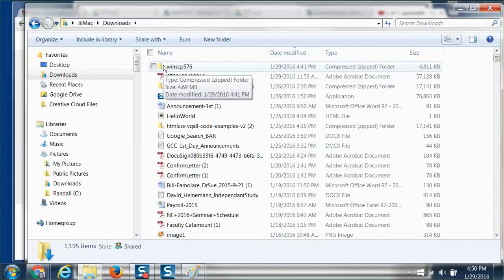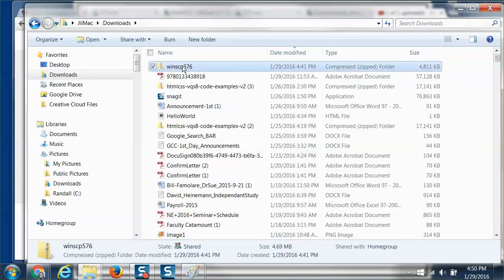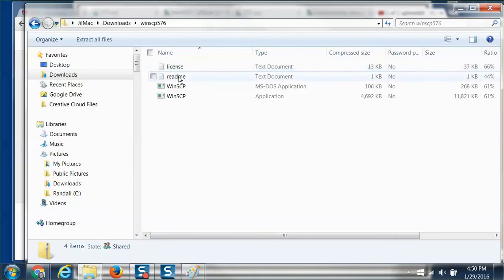If I double click, and it's supposed to look like a little folder with a zipper there. If I click it or double click it to get in, it shows you all the files. And if you're in Windows, you will have this little extract all the files and you tell it where you want it to go. On a Mac, there's probably something similar. So once we've extracted it,